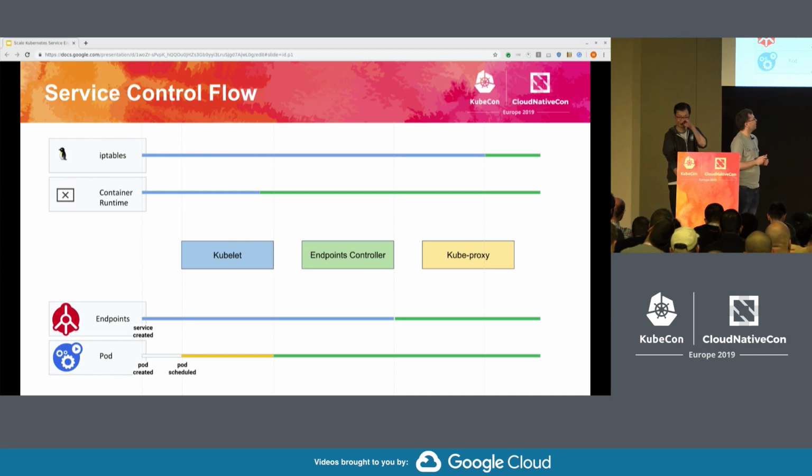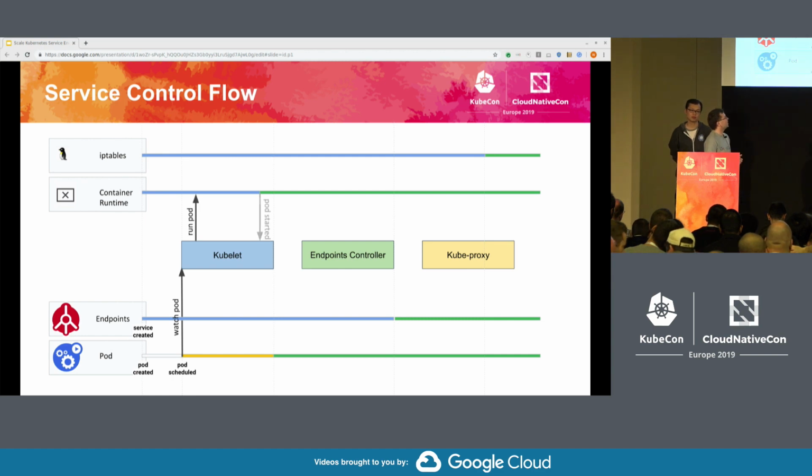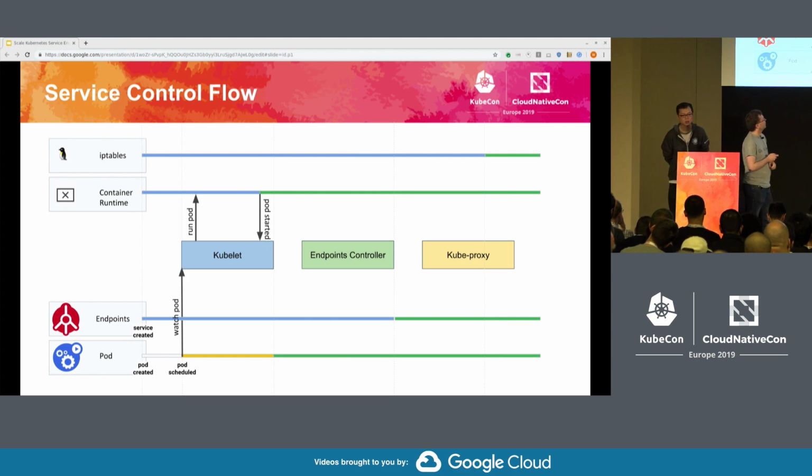Then kubelet is watching all the pods that are assigned to it. It does all the necessary work to start the pod, and the green lines here mean that this step is already done, so the pod is already started in the container runtime.